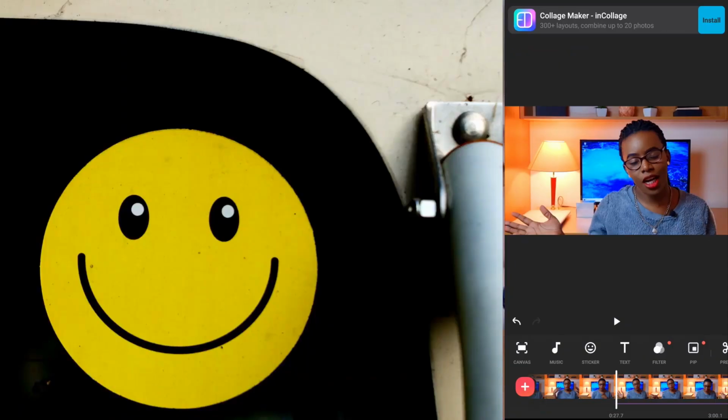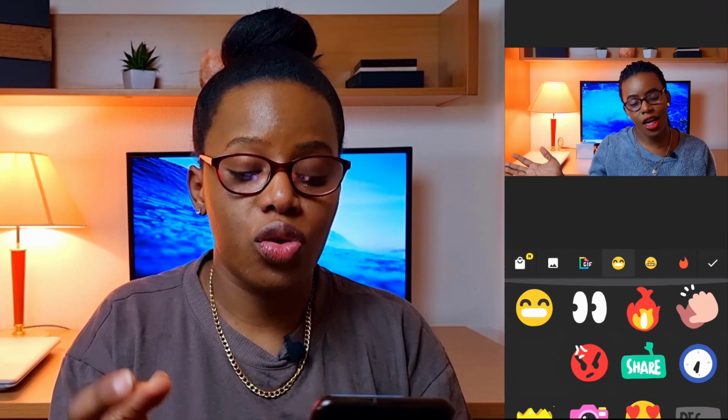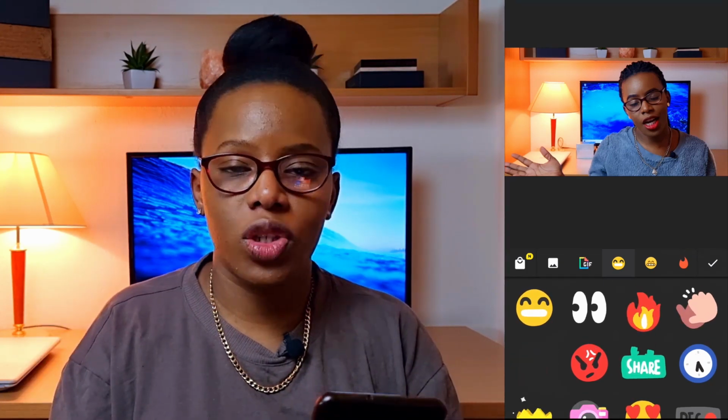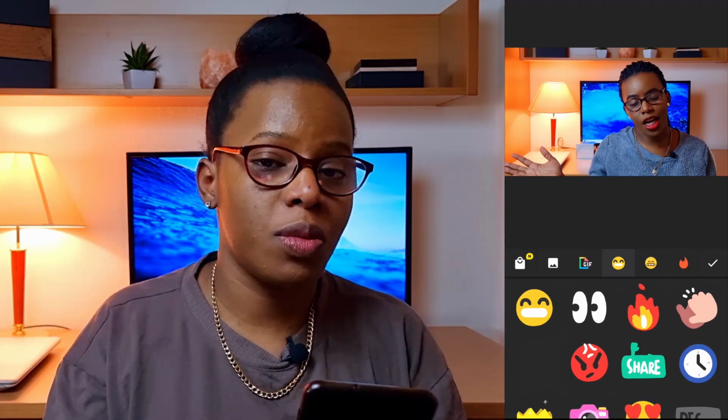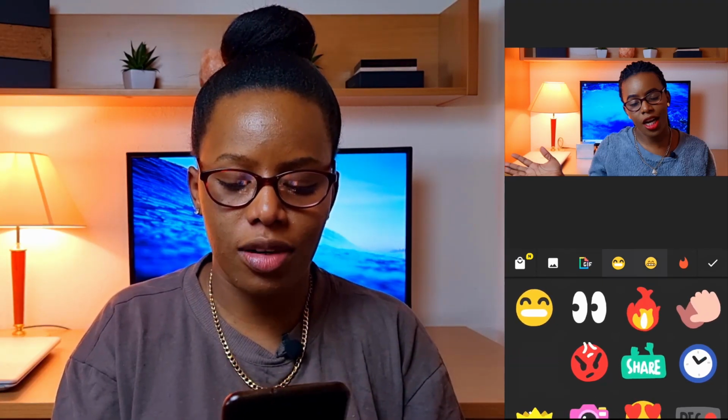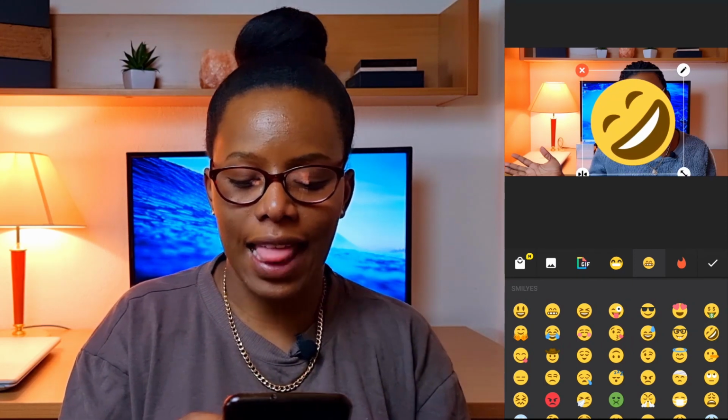And next thing is the stickers. When you scroll down and you explore all of this, you can see a lot of stickers. You can decide to put stickers for your social media handles and all of that here. Let me just put a random sticker, really. Emoji to the